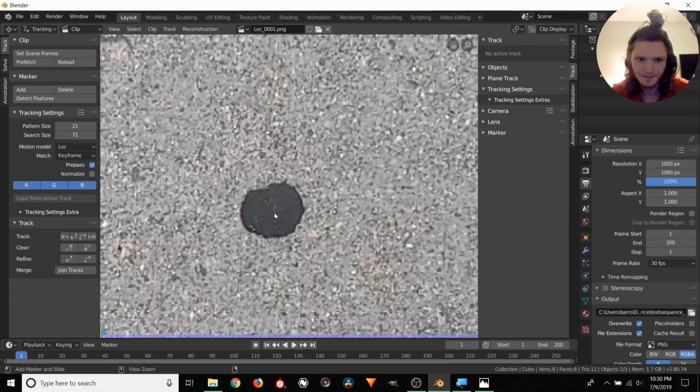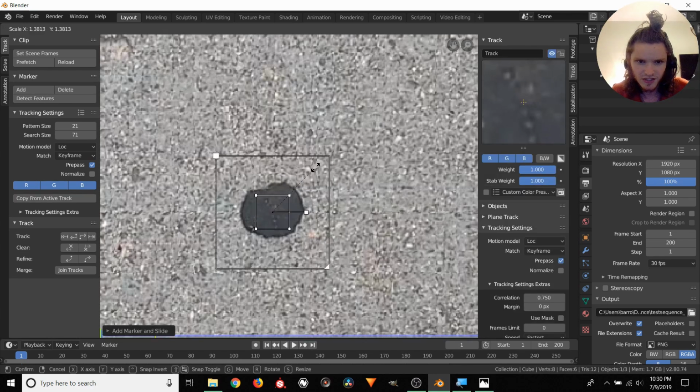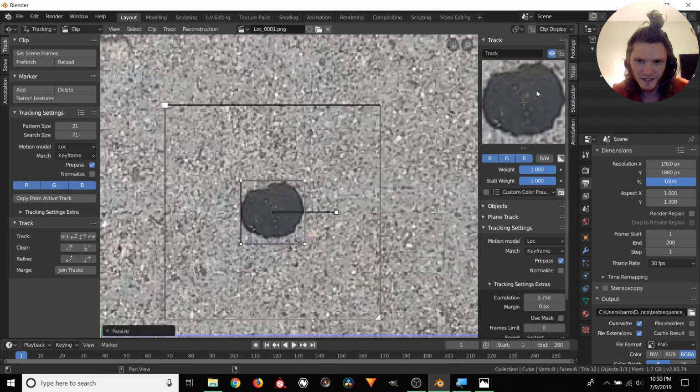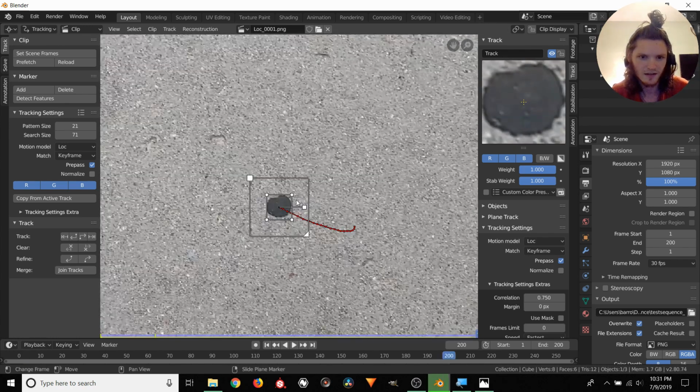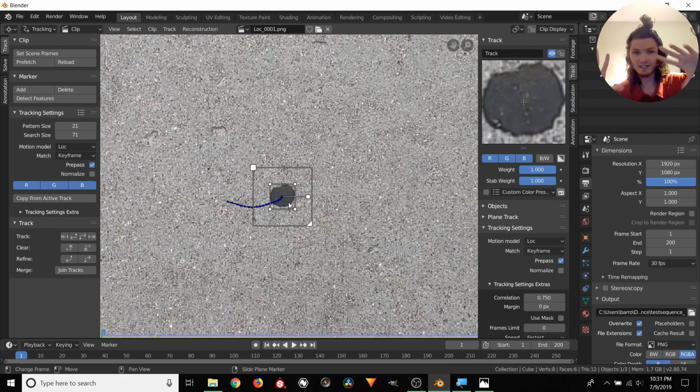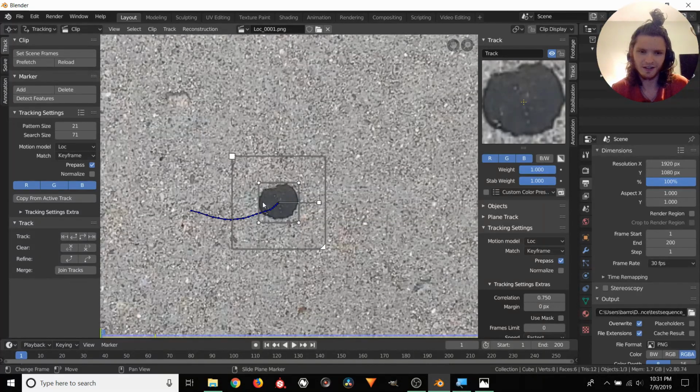track. So I'm just going to scale this so it's barely bigger. We can see it right here. And we can scale this down. It might be too small, but we'll try it. Control T. Look at that. It's already done. So what might happen sometimes is if you're moving the camera very quickly, this pattern area